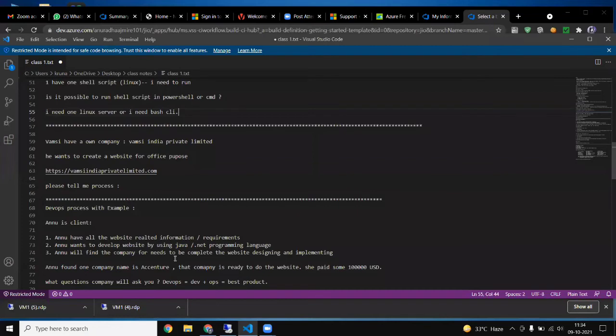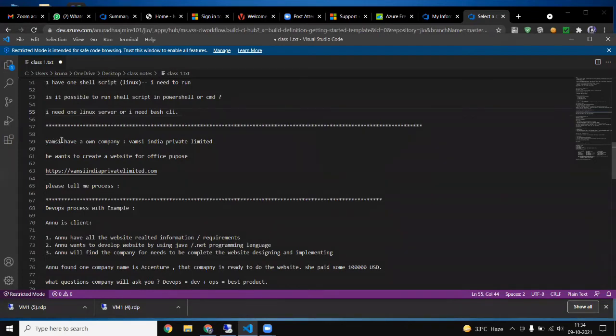Then you have to make a design of how you will do it and what you will do. Then you have to find the developer and tell the developer you want coding in Java, .NET or whatever.